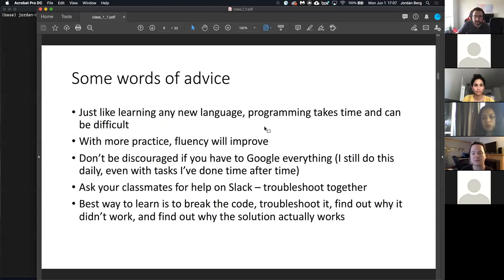Okay, and just some quick reassurance. Just like with learning any new language, programming is like that. It's going to be difficult. It's going to take time and practice. But with more practice,